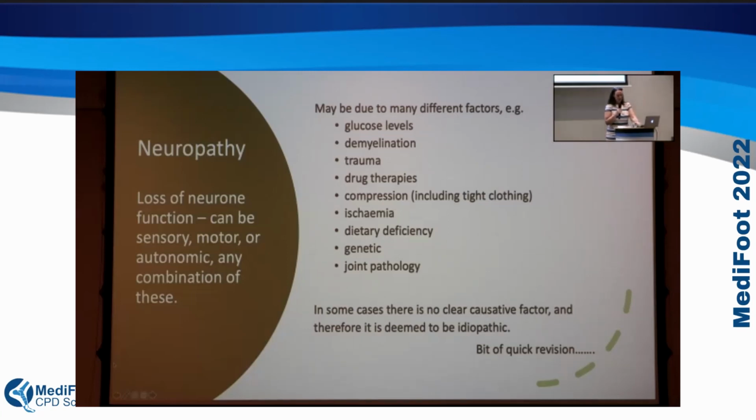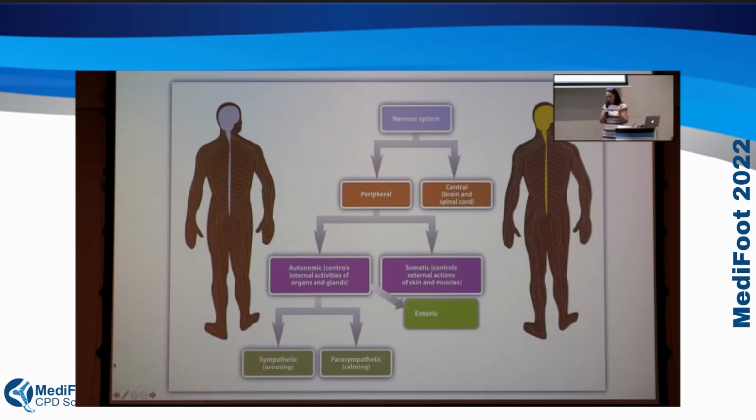But just to remind ourselves about the system, remember the system that we're looking at, your neurological system. So divided into your central nervous system, which is your brain and your spinal cord, and then your peripheral nervous system, which is everything that leaves the spinal cord and goes to the rest of your body, okay? And in your peripheral system, it's divided into your autonomic side, which controls all those functions that you don't have to think about. And then you've got what we call the somatic side,